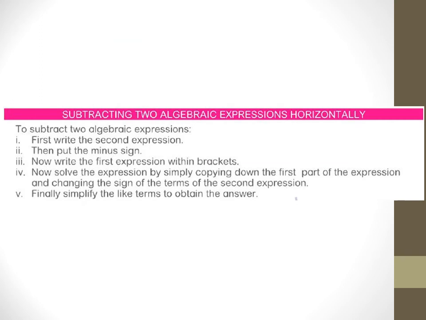Okay, before we go to the answers, let us understand how to subtract two algebraic expressions horizontally. So simply pause the video, read the instructions, but in the simplest words, it is same as the addition, but in place of addition you have to do the subtraction. Simple as that. There is no trick to it. It is completely same, very easy. Just instead of adding, you have to subtract. But there is one catch that I will explain in the demo part of the next module.